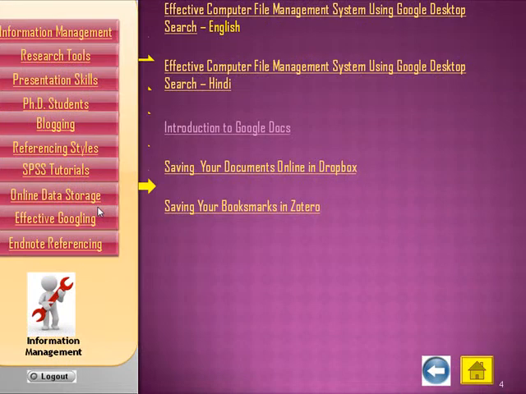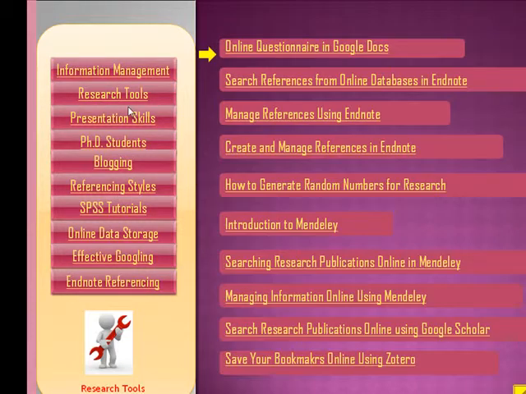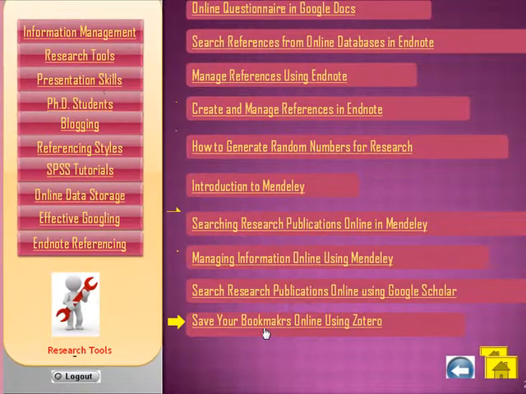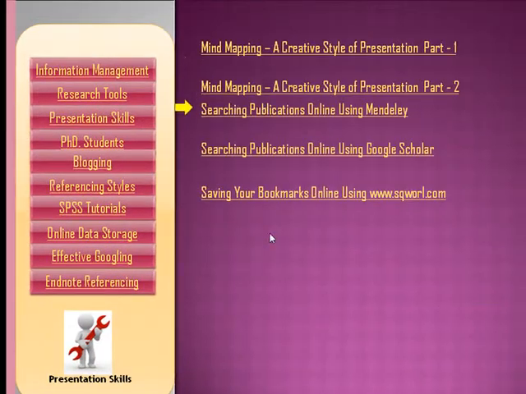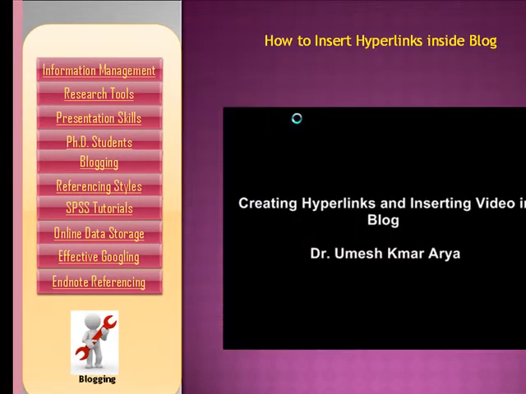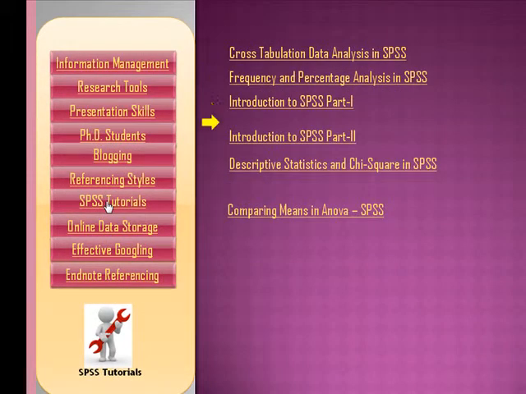So this presentation or the electronic manual is having around 54 videos which are grouped under different categories, like research tools is having so many videos, presentation skills these many, and for PhD students, and for blogging, SPSS tutorials.